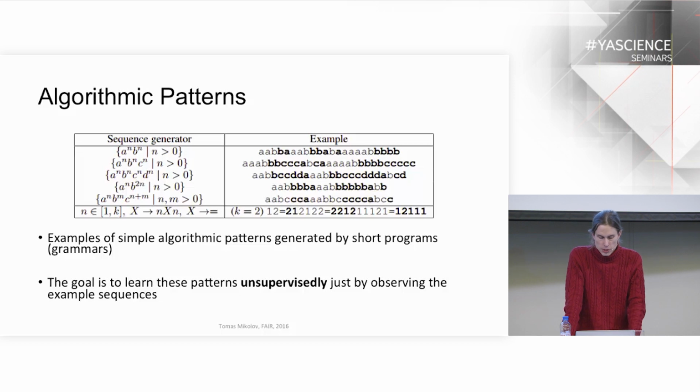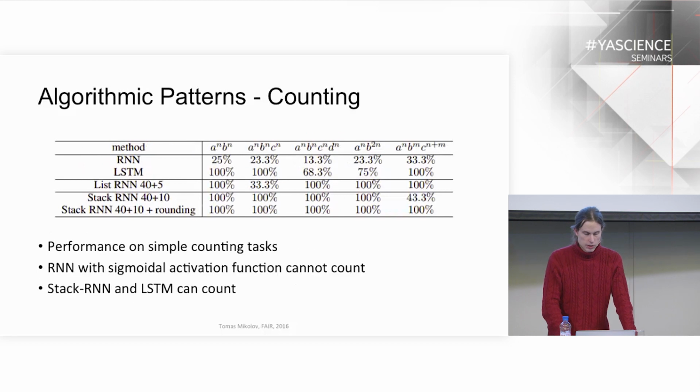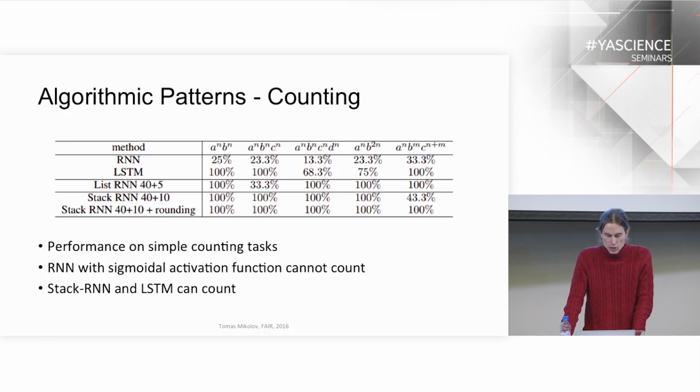Then we measure precision on predicting these predictable characters, and pretty much all the models that we would consider to be able to model this pattern solve these problems, like LSTMs and the stack RNNs. The recurrent networks just are able to memorize the pattern seen in the training set, but in the test set, because we test the models on much longer sequences than the models did see during the training, the recurrent network, because it relies just on memorization, doesn't do it.